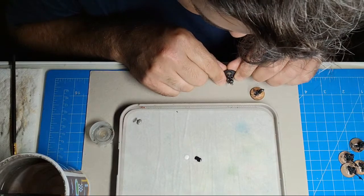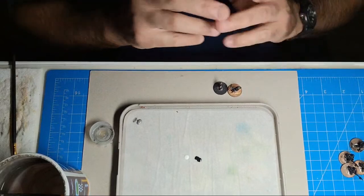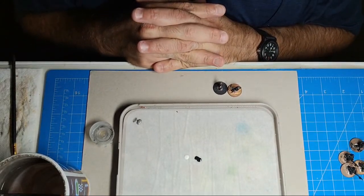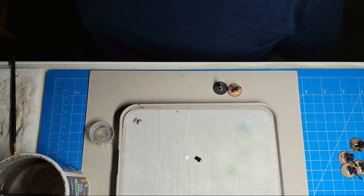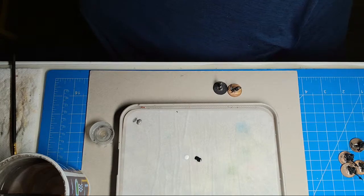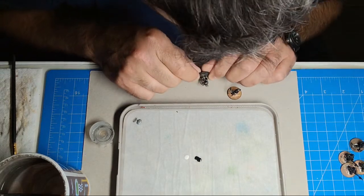I would have probably painted a conquistador army if I already had the figures. See, another determination on what army I was going to do is I didn't want to have to buy most of the figures. That's what kept me from doing the Wallachians. I would have had to buy, I don't know, $30, $40 worth of figures, and I don't want to do that with the big pile of lead that I have. So,